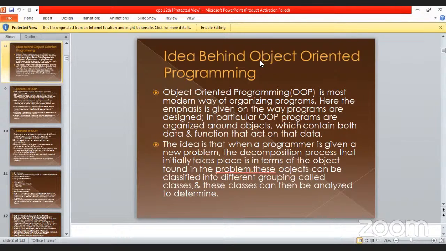The idea is that when a programmer is given a new problem, the decomposition process that initially takes place is in terms of the objects found in the problem. These objects can be classified into different groupings called classes, and these classes can be analyzed to determine